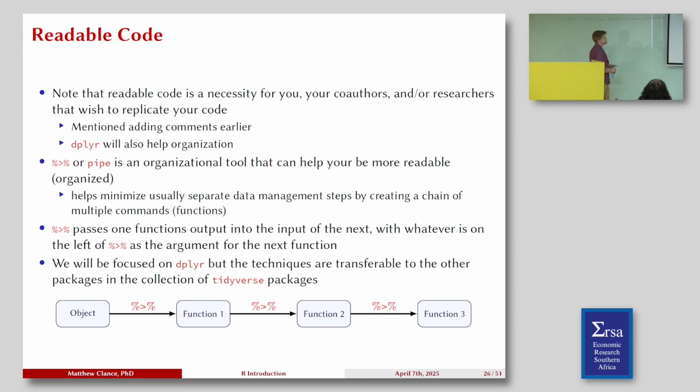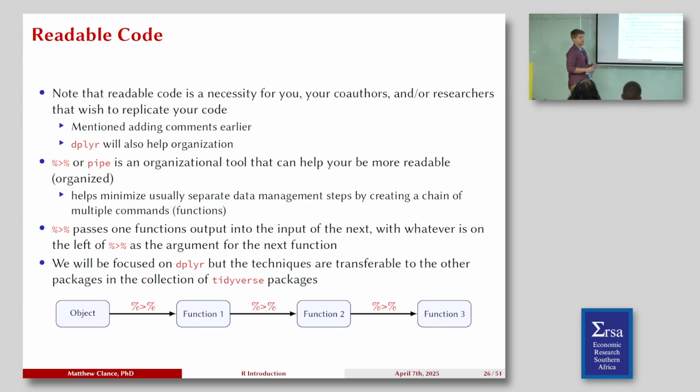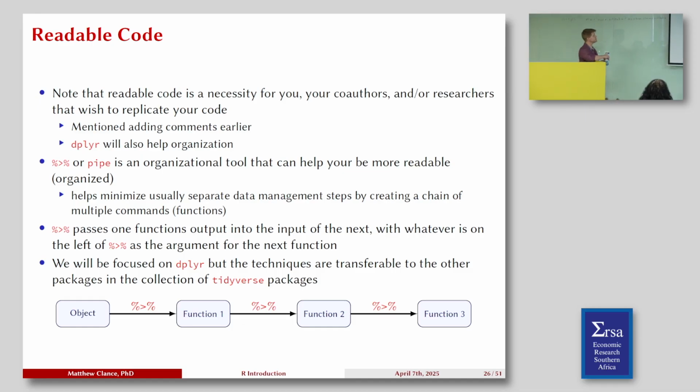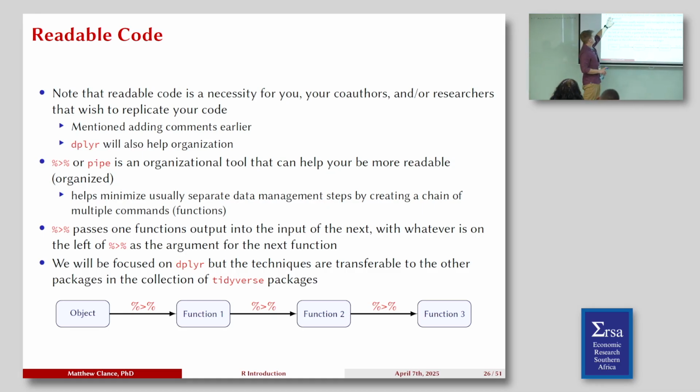But the reason why we're structuring this way, the way we think about tidyverse, is basically readable code. A lot of times when you're building the data set, construction, and everything else, you tend to do it in various formats at various times in your code. One of the things that helps us with tidyverse, or in this case dplyr, is to put everything together so that we read it as one portion of the code. But to do that, we use something called a pipe.